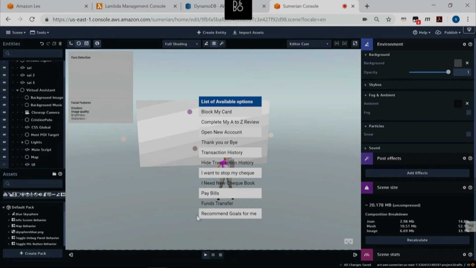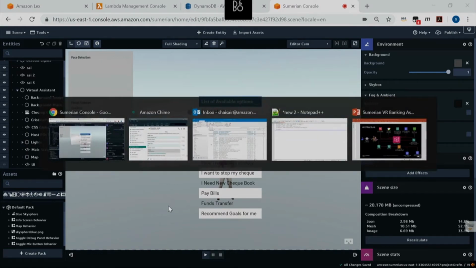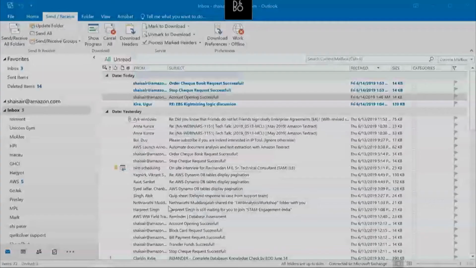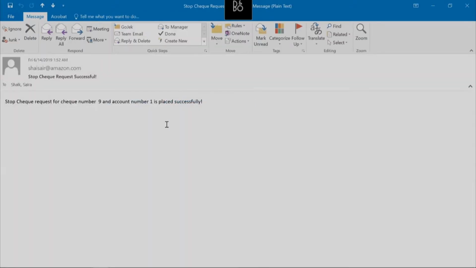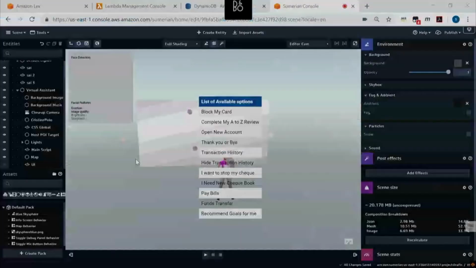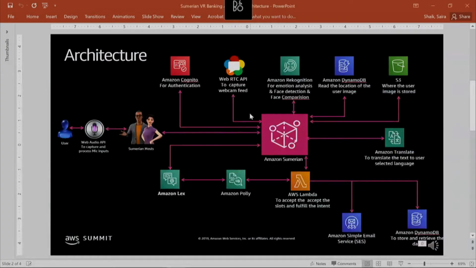Okay, so if you want to jump in and walk us through what's actually happening here. So we've seen the demo. Yeah, sure. Now let's look at what is actually happening. So before we go in there, these are the emails for the transactions which I just did. Oh, right. Okay. And I'm going to show you a little bit about the architecture.